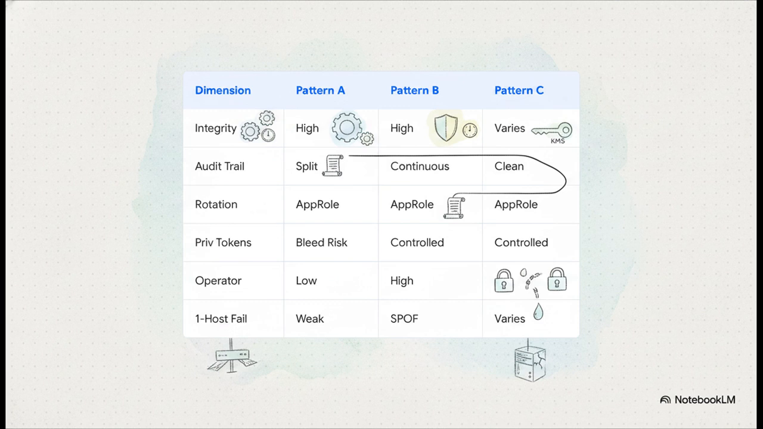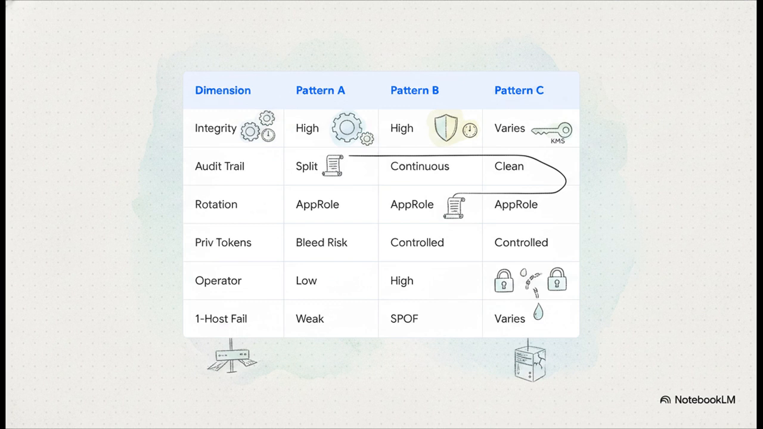Looking at seal integrity, pattern A is high in production, pattern B is high throughout, and C entirely depends on your KMS. But look at the audit trail. Pattern B easily wins here with 1 continuous unbroken log from day 0, whereas pattern A splits history across 2 vaults. For privilege tokens, pattern A is actually prone to failure because bootstrap credentials can easily bleed into CI logs